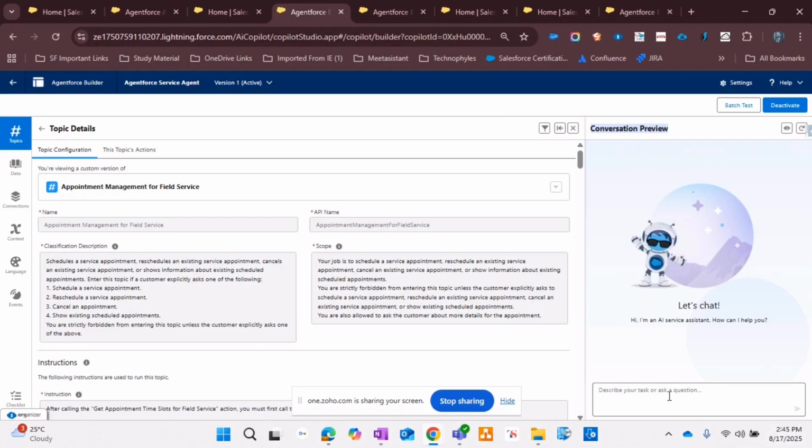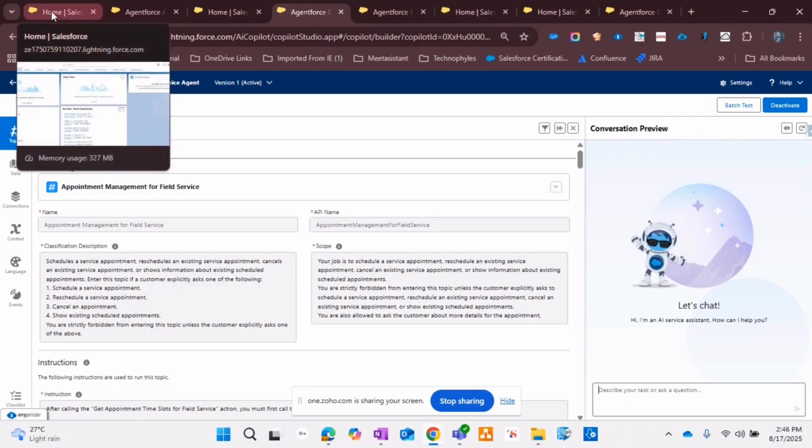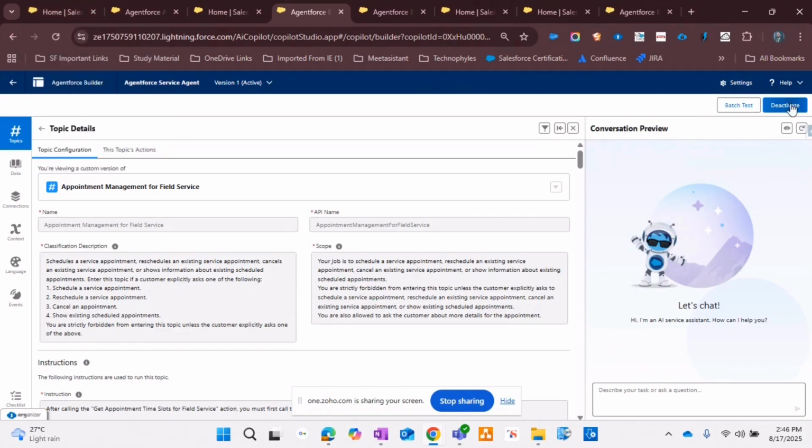And then once we have fine tuned it to what you expect it to be, you can then activate your agent. I will come to the detailed topics and action in some time. Once you have activated the agent, now you can go on and complete the next steps